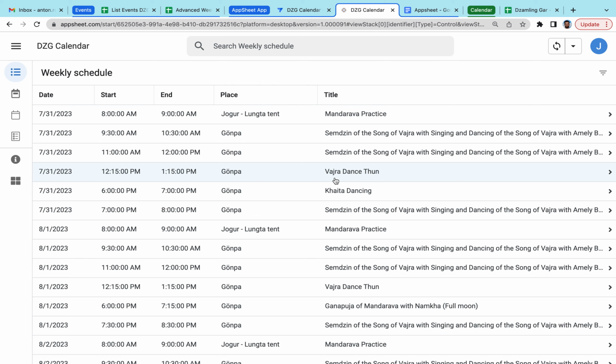So first of all, the problem that we all know is that we have a schedule in many places, and there are a lot of changes, and sometimes people complain that it's hard to see the information. For example, if you want to see the daily schedule in the WhatsApp, you have a lot of messages you need to scroll, you need to look for the message with the weekly program, and also sometimes people say they don't know where to see the official and the actual information for the global schedule.